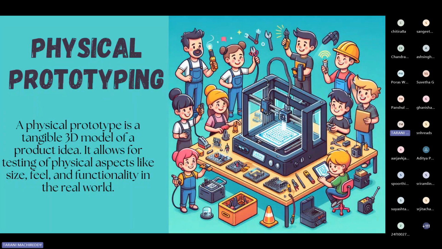So, why do we use physical prototypes? By now, you should understand why we use them. If not, I'm just going to brief you about that. We use physical prototypes for validation of design, user feedback, and technical evaluation, where the prototype enables engineers and designers to test mechanical, electrical, and structural components. It can also be used in demonstration and presentation, where we can showcase the product to the stakeholders,